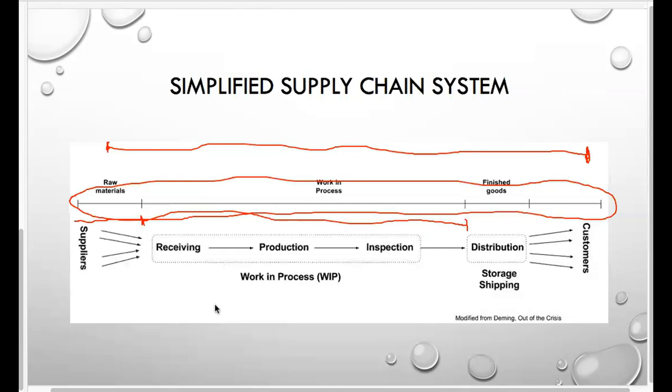Unfortunately, a lot of these people do not like to talk with each other. So once again, you could replace receiving, production, and inspection with the manufacturer and a distributor and maybe a warehouse and then a distribution. I use this as a model for organizations when I teach operations and how products go through an organization. But the same can be viewed from a systemic point for supply chains when you deal with multiple companies. Same theories apply.